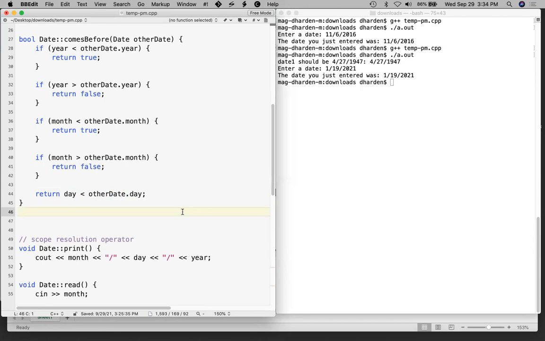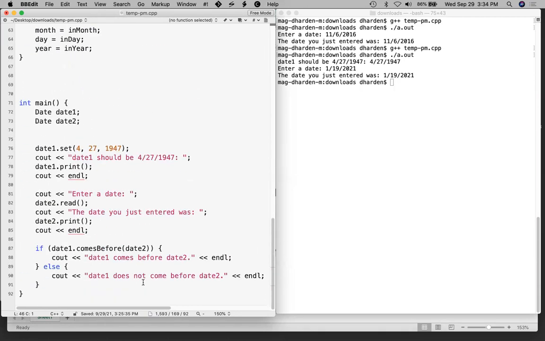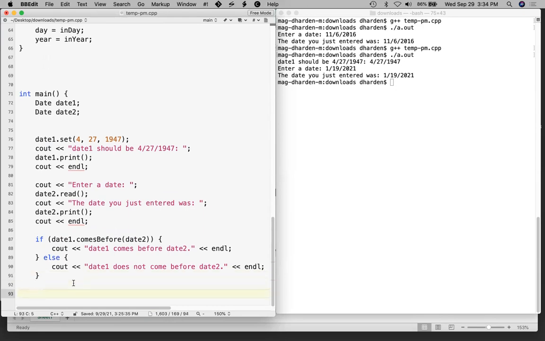Let's move on to the next member function that I want to add. Probably not going to be able to finish this next one, but I want to use the time and at least get started on it. So the next thing I'm going to do is add a function to the class named increment. So 1 day later, date 2 is